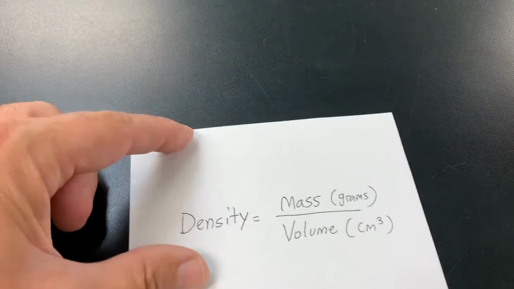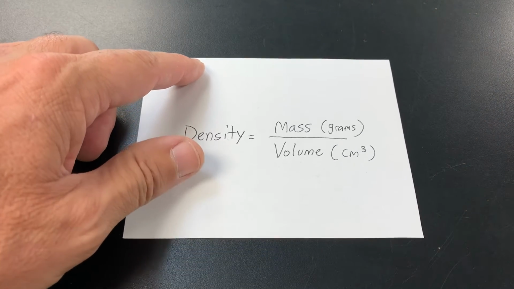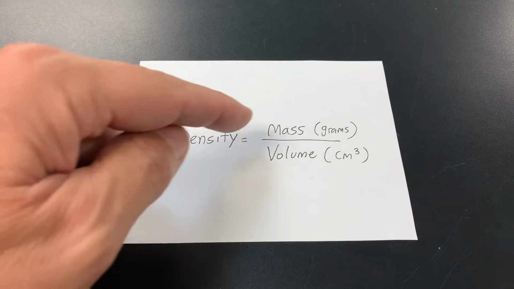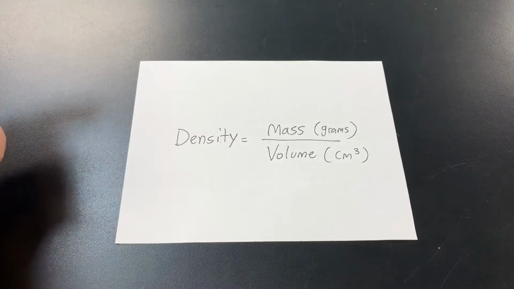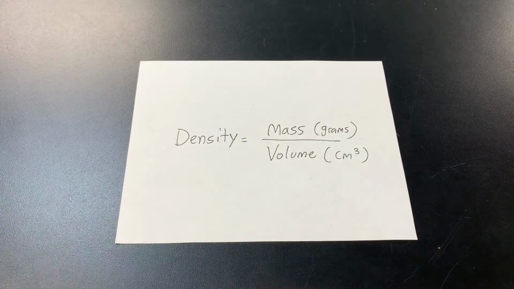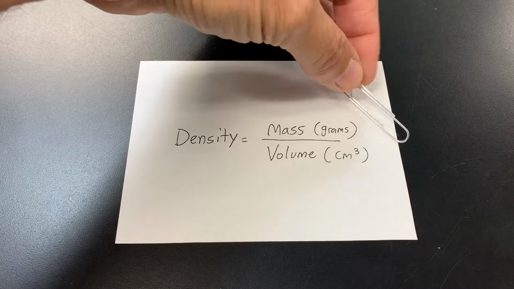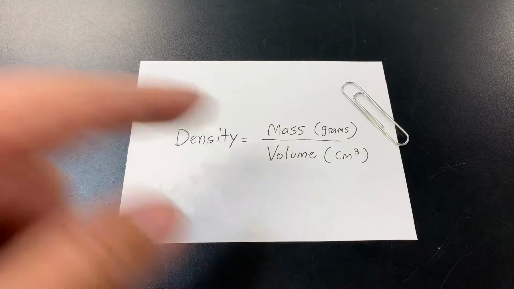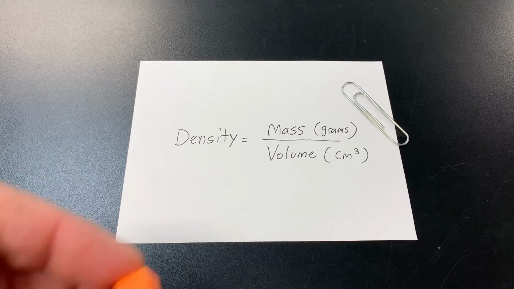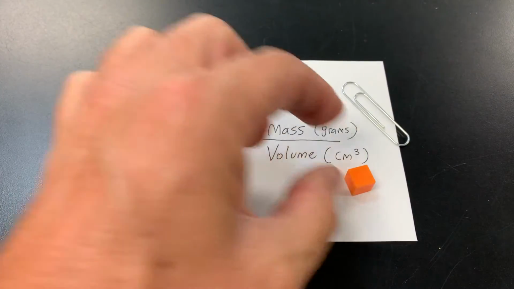Okay, let's talk about density. So density is a formula that you have to calculate. It's a ratio of mass to volume. Now mass is how much stuff is in something, and it's measured in grams. By the way, 1 gram is about a large paper clip. Volume is a measure of the space something takes up, and it's measured in cubic centimeters, and that's a cubic